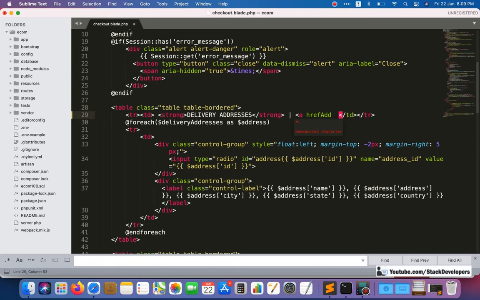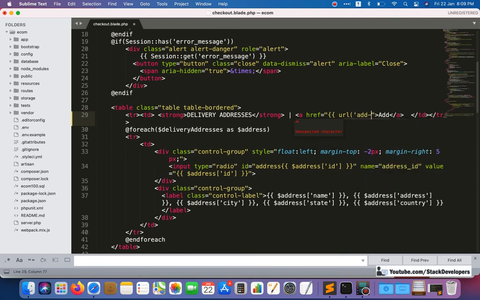So here I'm going to create the URL like this, and inside this I will create the URL, and I will create the route for it. URL here I am going to create it like add edit delivery address.